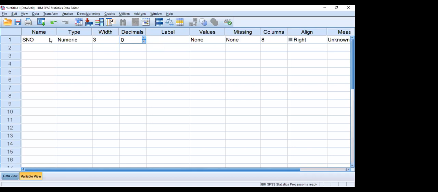In the Label, you can write in detail about the variable. You can write serial number of subject. So you have to provide it and write it in detail, because for the name of the variables, you are told to keep it very short, whether 8 or 12 characters. Suppose there are various dates, such as date of end. All this you can write here.